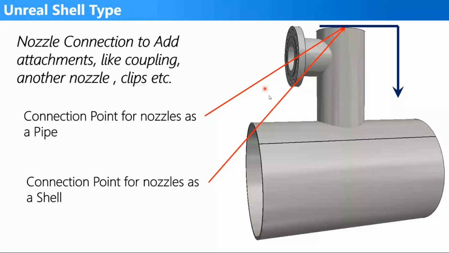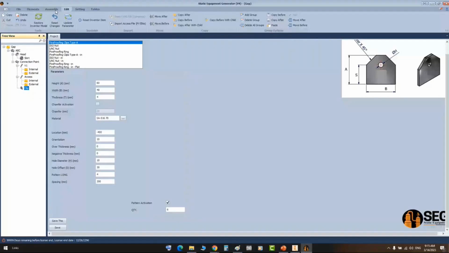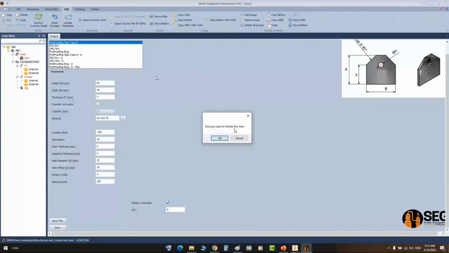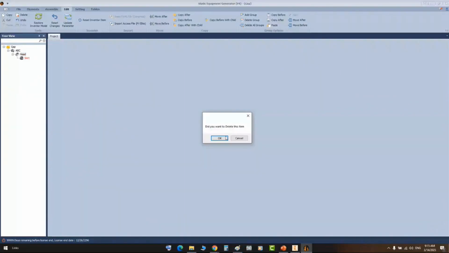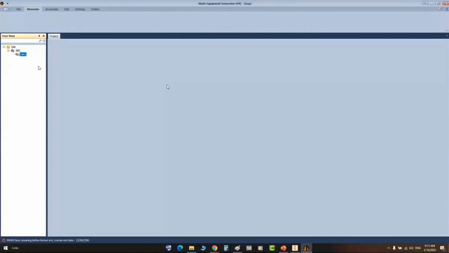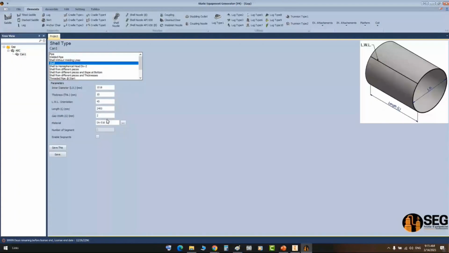Let's try that. And from here, let's reset the inventor model. And from edit, let's reset inventor model to delete all parts. From here, let's delete this connection point, delete this head, and let's add a shell and one. And from here, let's keep the can dimensions as it is and make the length 1 meter and click on Save. Now, if you try to add a nozzle,